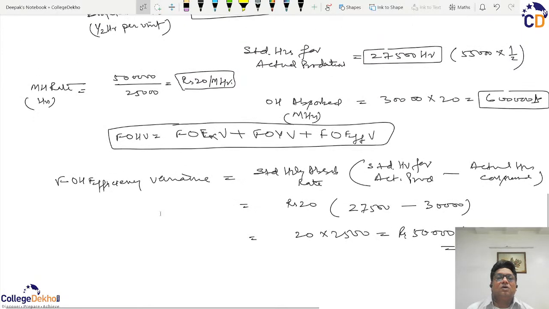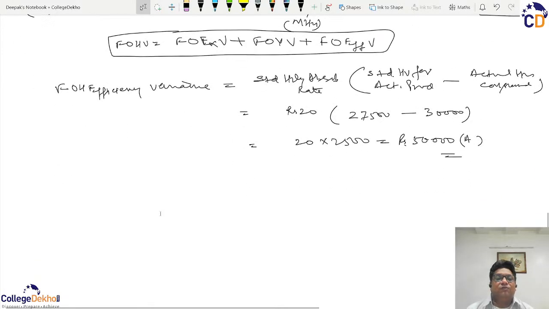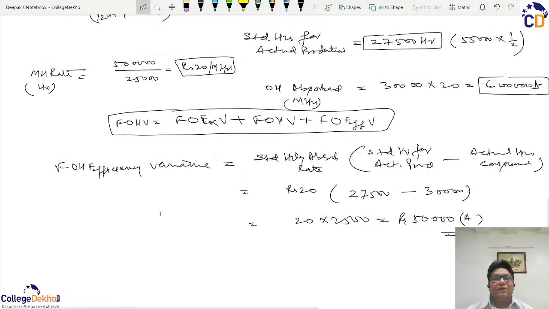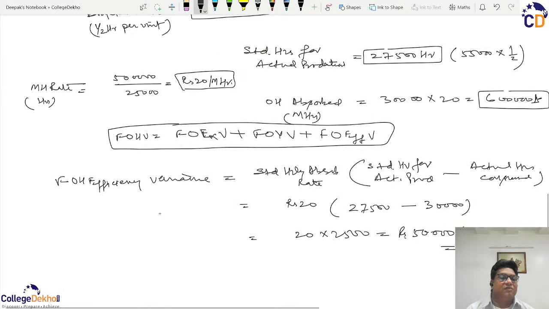So therefore, we can always have these four kinds of variances. Ideally, we use the three-way analysis and there will be these four variances, and the overhead variance now will be calculated based on the absorbed overheads from here, and that will just prove the way it has been proved earlier. So I hope this session was of help to you, and on this note,